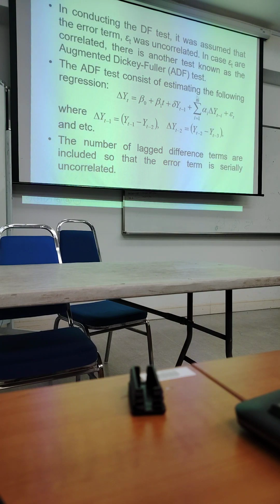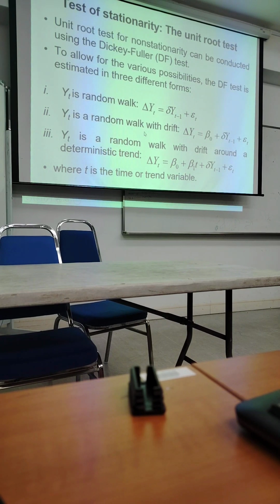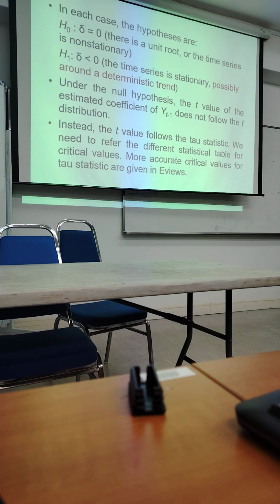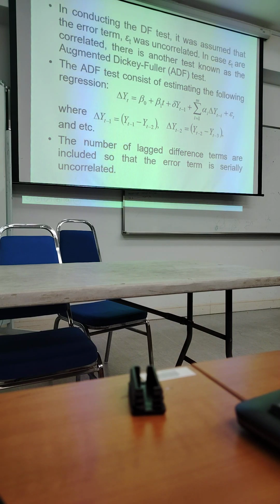So what is the purpose for this? This lag dependent variable is used to accommodate the serial correlation in the Dickey-Fuller test equation. The Dickey-Fuller test equation actually suffers from serial correlation, especially since you have a yt minus 1 here. So that's why there is an augmented Dickey-Fuller version. It's an improved version of the Dickey-Fuller. That's why it's called augmented Dickey-Fuller, to accommodate the serial correlation in the original test statistic, but incorporating this lag for